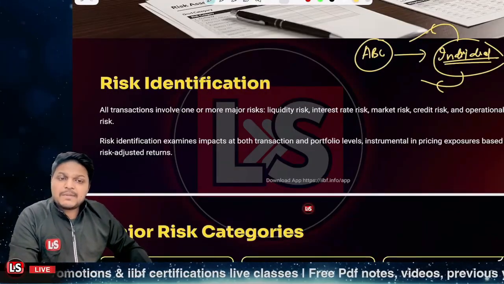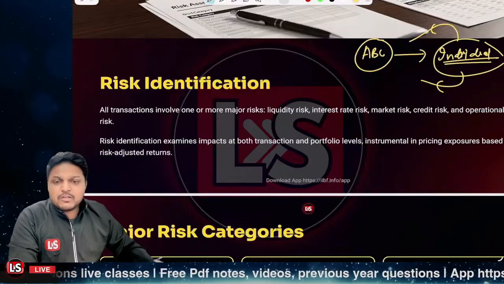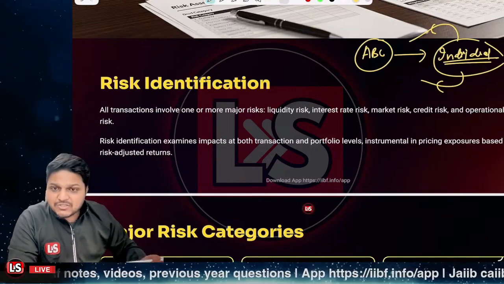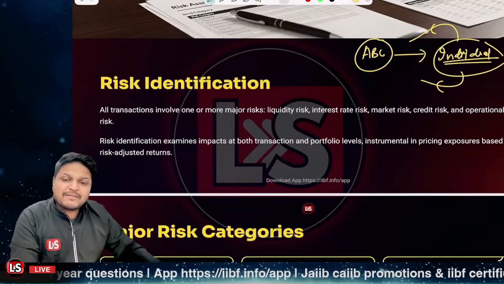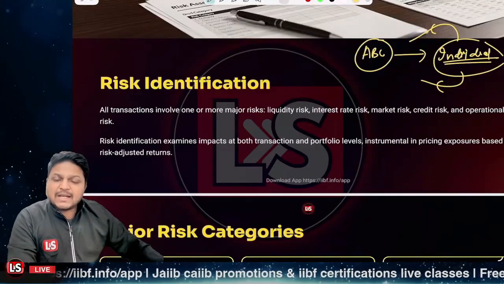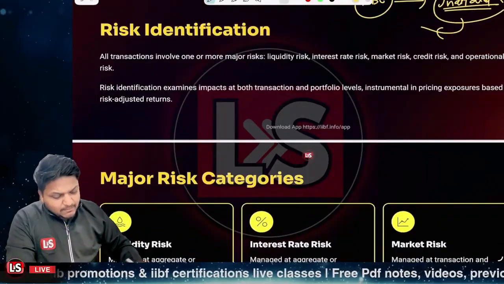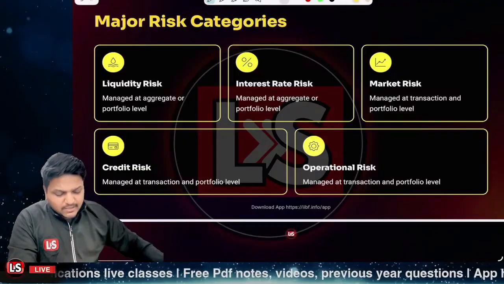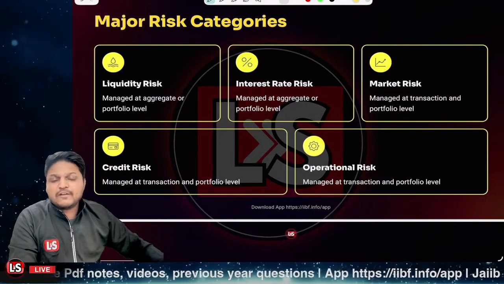So the risks can be at the transactional level, or at the portfolio level itself. Portfolio level means when the interest rate changes, or when we are not talking about the transactional level but about a bunch of loans, at the whole bank level. So risks can manifest at the individual, transactional level, and also at the portfolio level. The major categories of risks are liquidity risk, interest rate risk, market risk, credit risk, and operational risk, and even more than that.